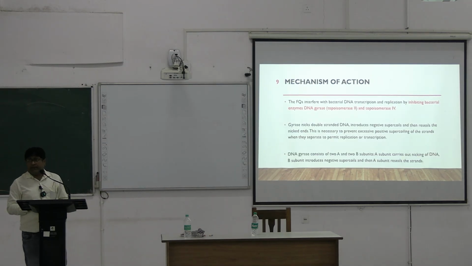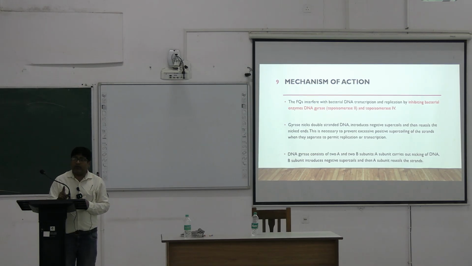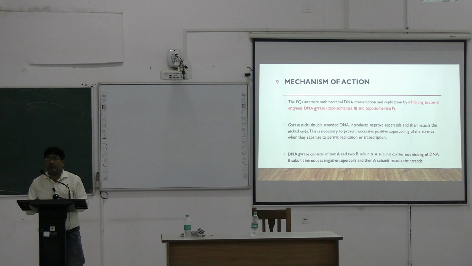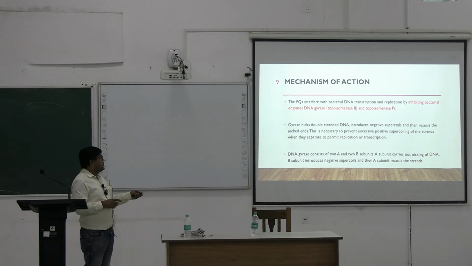How do they act? Their primary mode of action is on DNA gyrase. They inhibit bacterial DNA gyrase, also called topoisomerase 2, and they also inhibit topoisomerase 4, and topoisomerase 4 inhibition is responsible for their extended antimicrobial activity against gram-positive organisms. Gyrase nicks double-stranded DNA, introduces negative supercoils and then reseals the nicked ends. This is necessary to prevent excessive positive supercoiling of the DNA strands when they separate to permit replication or